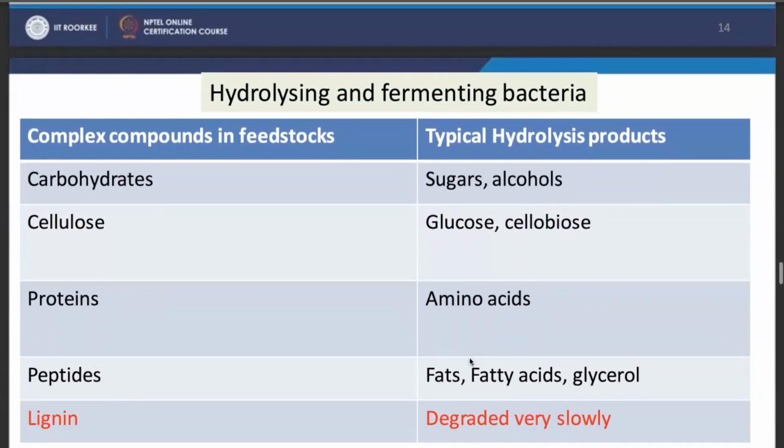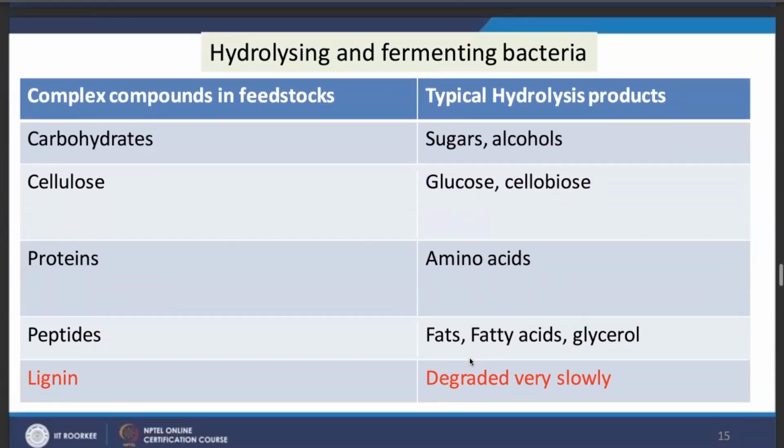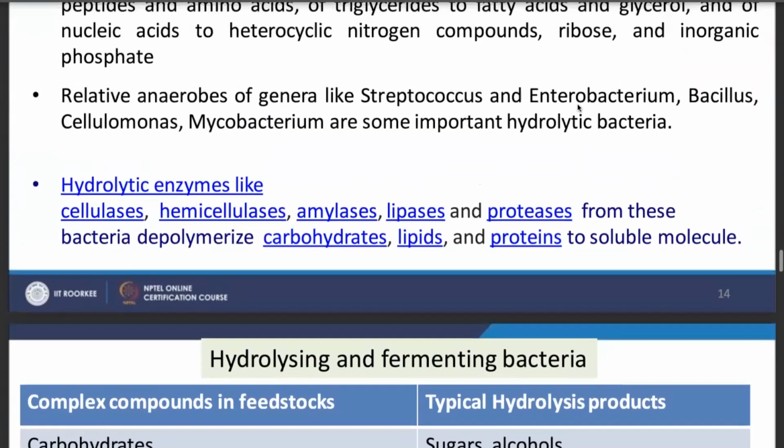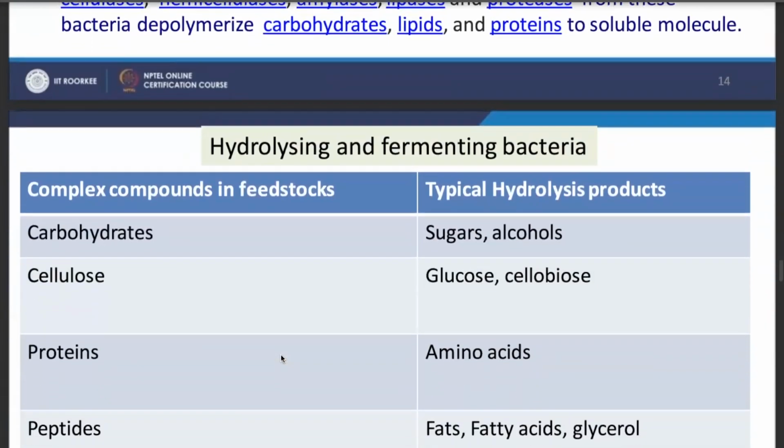So again, this is just for you to get a deeper understanding of what the products of hydrolysis and fermentation are. If you are subjecting carbohydrate to the hydrolysis step, either using the whole microbes listed here, or subjecting the carbohydrate to the enzymes listed here, we will get sugars and alcohols.